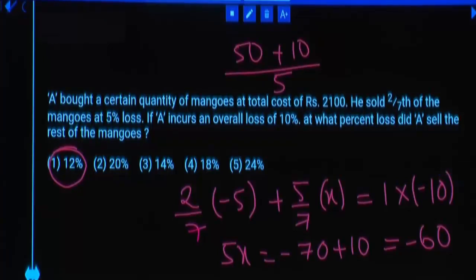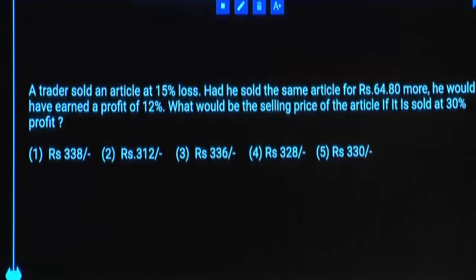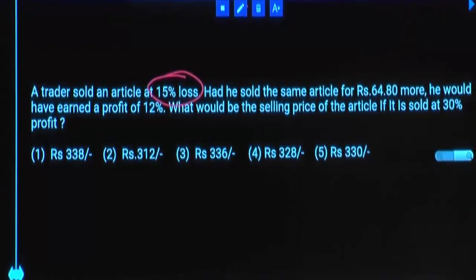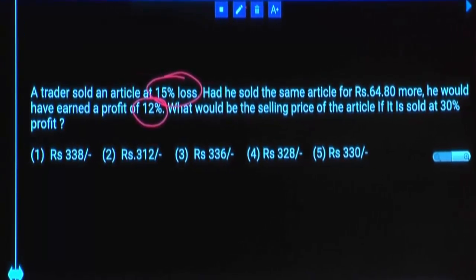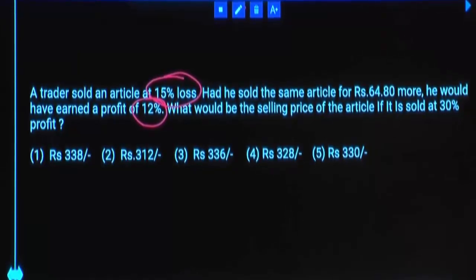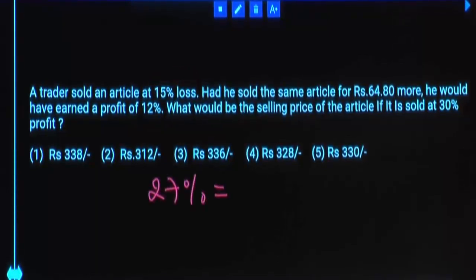Right? A trader sold an article at 15% loss. Had he sold the same article for 64.8 more, he would have earned a profit of 12%. What would be the selling price of the article if it is sold at 30% profit? Right. First case, what percent loss is he getting? And later, profit 12%. 15% loss is the negative side, 12% profit is the positive side. Difference between plus 12 and minus 15 is 27. So you'll get 27% difference because of